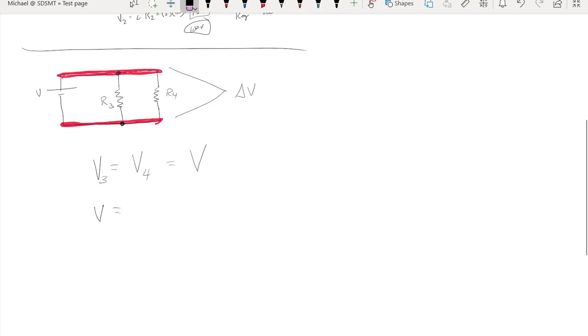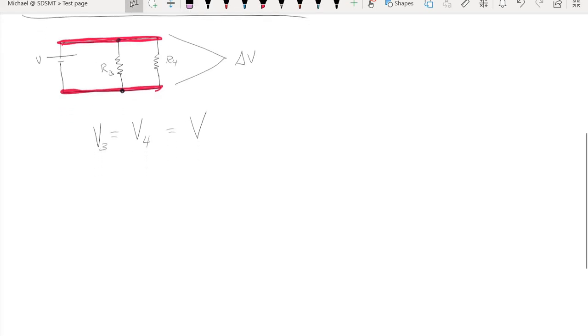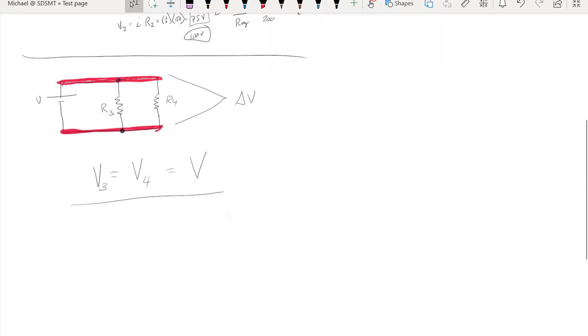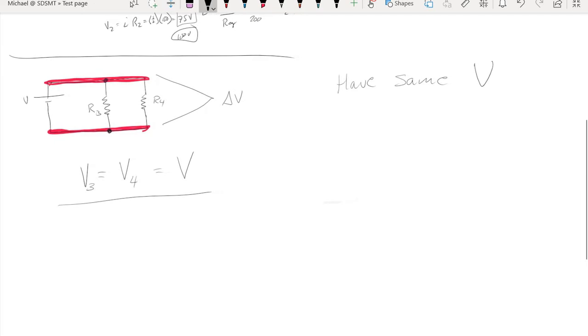Now, I haven't given any numbers yet, but we don't need the numbers to make that recognition there. So that's our first concept for the resistors in parallel. Resistors in parallel will have the same potential. And again, I'm going to